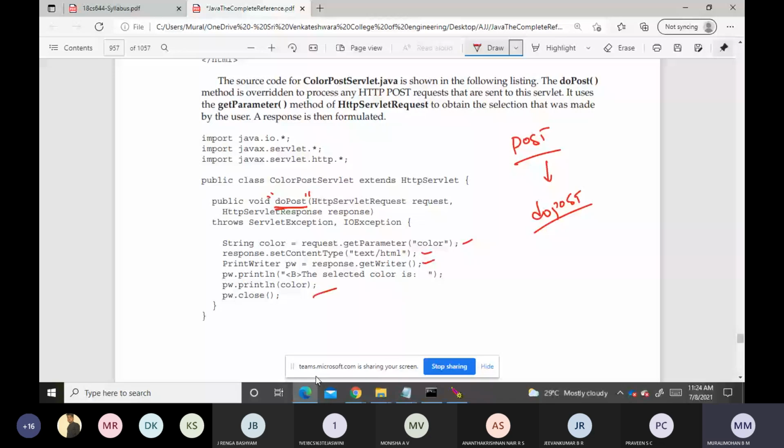This is handling of HTTP get and HTTP post requests. Only this is the difference you can notice. Kindly go through the code once. If you have any doubt, you can ask me.